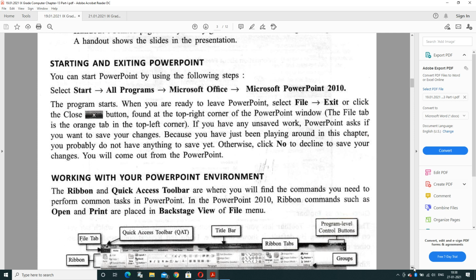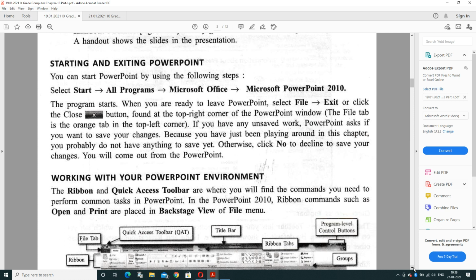We can close the PowerPoint program by clicking on File and Exit, or click the Close button also. And the third shortcut key that I am telling is Alt plus F4, which can also be used for closing the program. If you have any unsaved work, in that situation PowerPoint will ask you to save that particular work. You want to save it, because you have just been playing around in this chapter. So in this chapter we are going to start from the starting part.